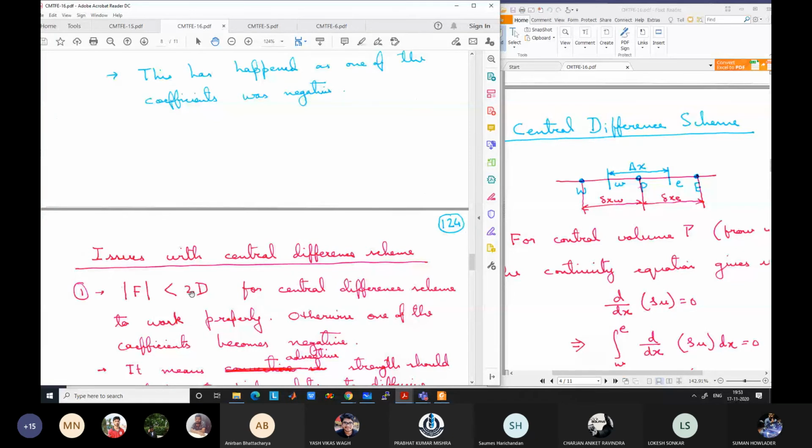Mesh size. Good point. Delta X is in your control. If I refine the mesh, meaning I increase the number of grid points, so instead of 10, if I have 100 grid points, delta X will be reduced by 10 times. So this diffusive strength, which is K by delta X or gamma by delta X, will be increased by 10 times. So in the numerical problem, I can increase the value of D. So in the limit of very small mesh, the central difference scheme is still going to work. That is the important point.